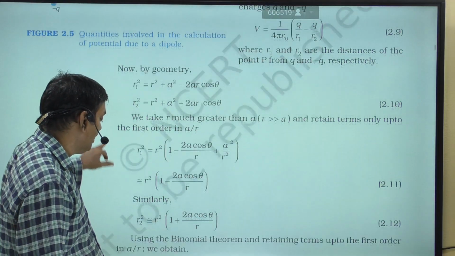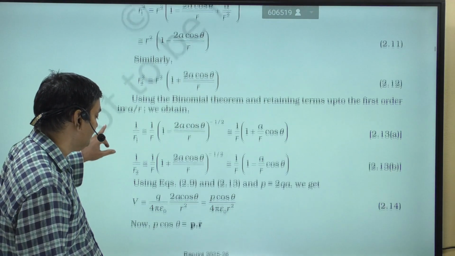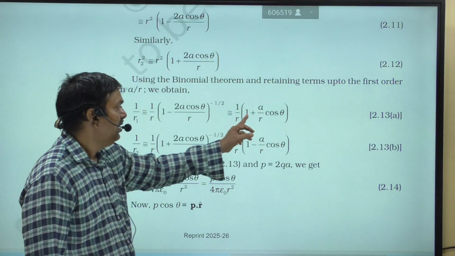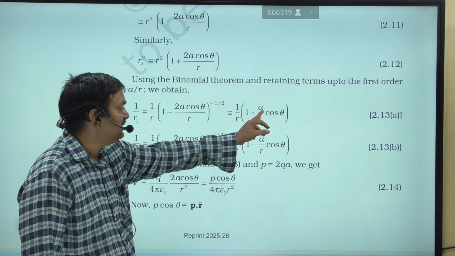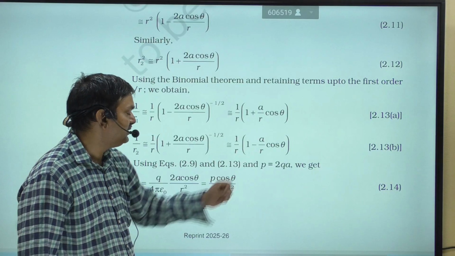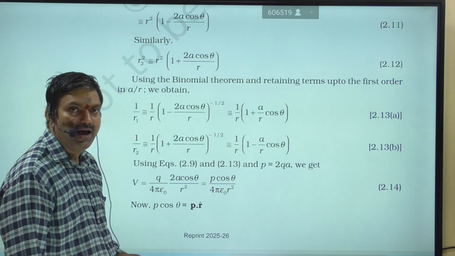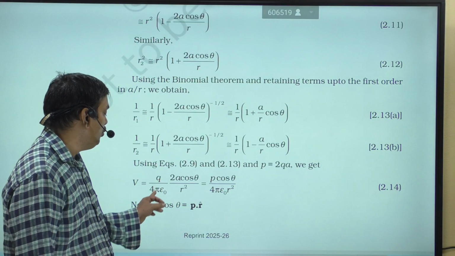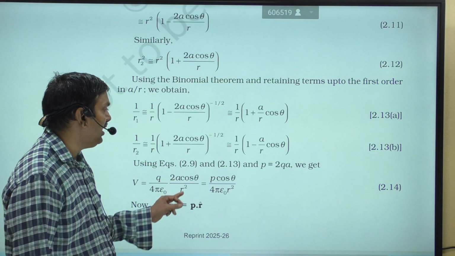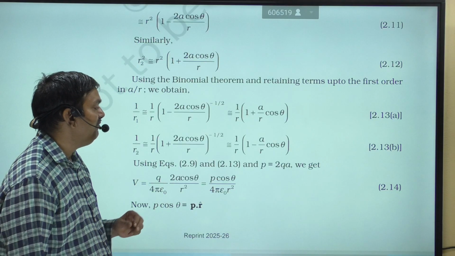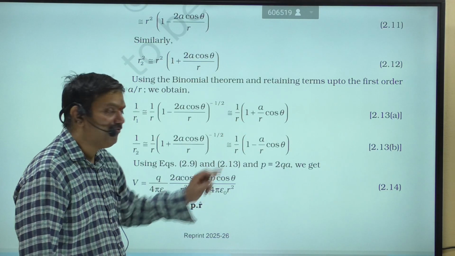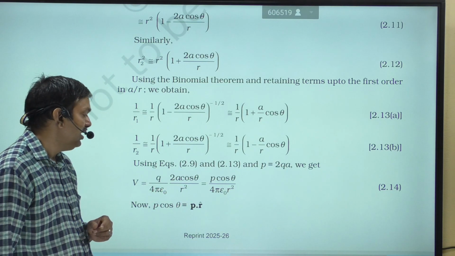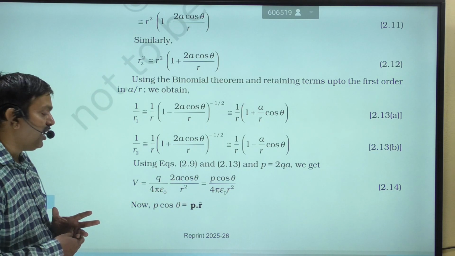ఎప్సిలాన్ నాట్, q by 4 epsilon naught, as you see here, this is 1 plus a by r cos theta minus, కాబట్టి మైనస్ a by r, ప్లస్ మైనస్ ఆఫ్ మైనస్ ఈజ్ ప్లస్, కాబట్టి q by 4 epsilon naught 2a cos theta by r, 1 will get cancelled, this plus 1 minus of 1, these two will cancel, కాబట్టి 2a cos theta by r square ఇంటూ క్యూ బై 4 ఎప్సిలాన్ నాట్ ఈజ్ ద ఫైనల్